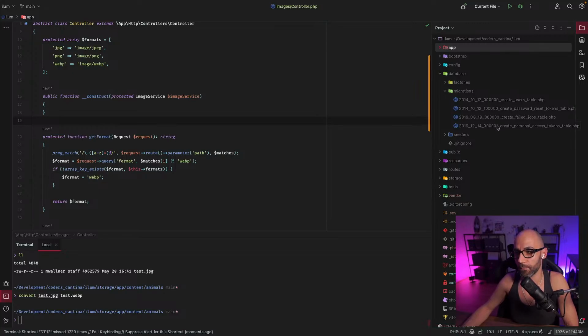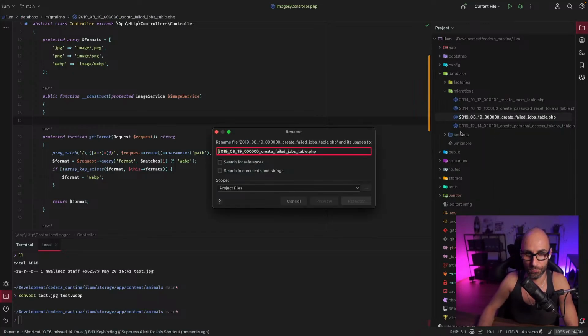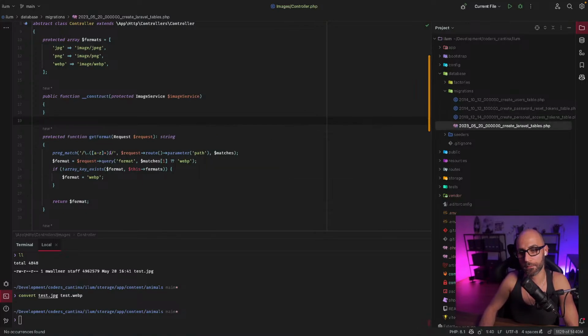So the first thing I always do is rather rename that thing into, use the current date. So it's the 20th of May and rename that to create Laravel tables and move every system, not system because